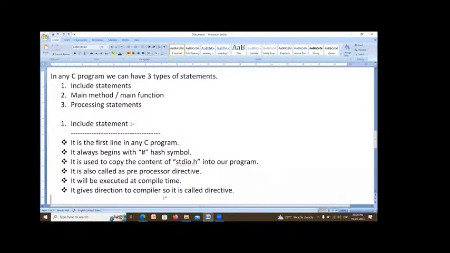What are include statements? Include statements are at the top of the program, so they are the first line. It always begins with a hash symbol. It is used to copy the code of stdio.h into your program.